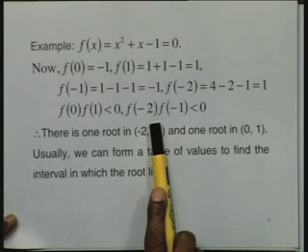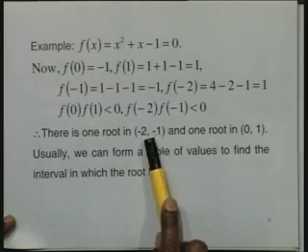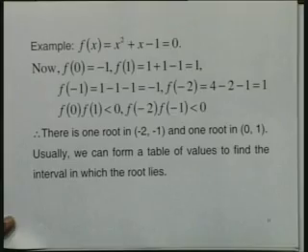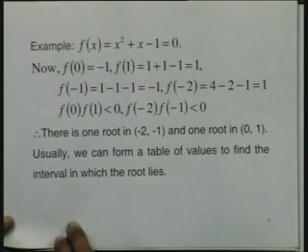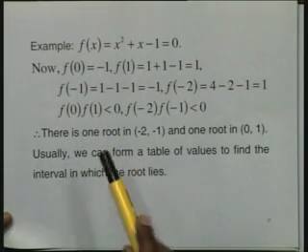Now you are removing this and saying between minus 2 and 0, right. So trivially it is there, but what is the length of the interval minus 2 to 0? Length is 2, and the length of the interval minus 2 to minus 1 is 1. Therefore this is a refined interval compared to minus 2 to 0. You are right, you can also take the root as lying between minus 2 and 0. But once I have a smaller interval, with length 1, I have given a refined interval in which the root lies. Yes, if we want to iterate, minus 2 to 0 can also be taken and we can proceed, except that it may take one extra iteration to get to the required accuracy of the problem.